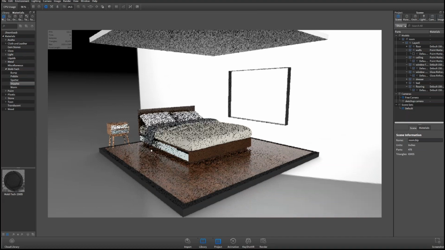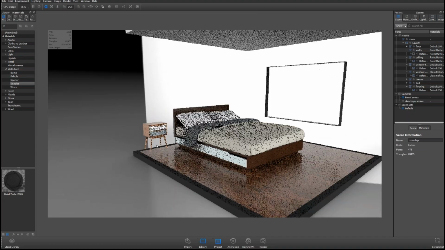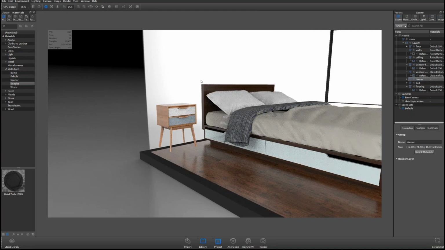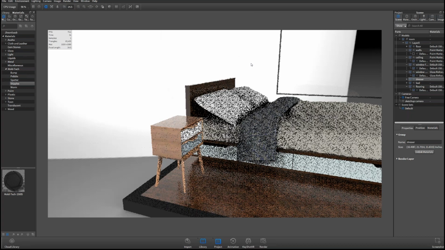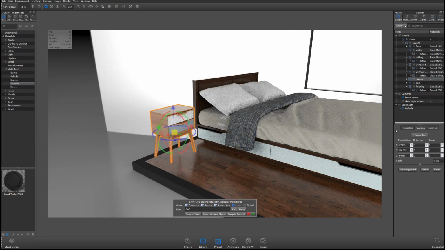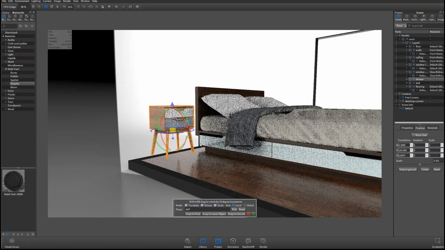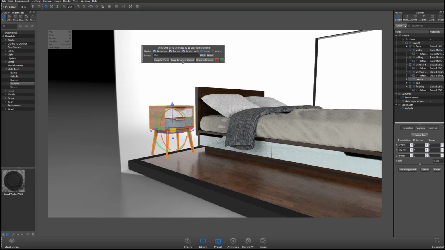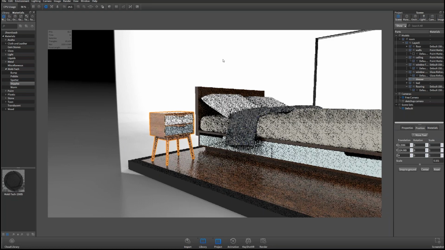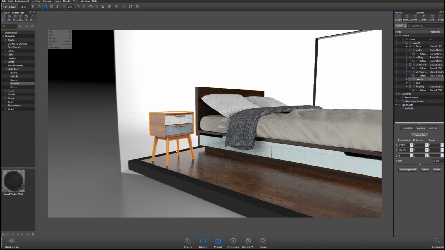One thing I just want to quickly point out: I noticed that this guy is floating right here. Actually, I didn't notice, I set it up that way, I'll be honest. But if I select that piece of geometry and use the Move tool, one of the additions we've made is the ability to snap to a lower object. So if you've ever fought with trying to get all of your models to sit nicely on each other, now if I click Snap to Lower Object, it sees that piece of geometry and snaps to it. So that's a small but really cool feature in there.